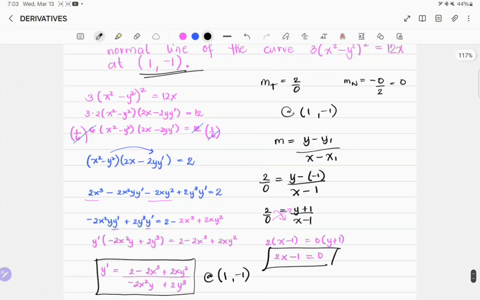Now for the equation of the normal line, we have a different slope, that is 0 equal to y minus negative 1 over x minus 1, the same coordinate or point of tangency. We have